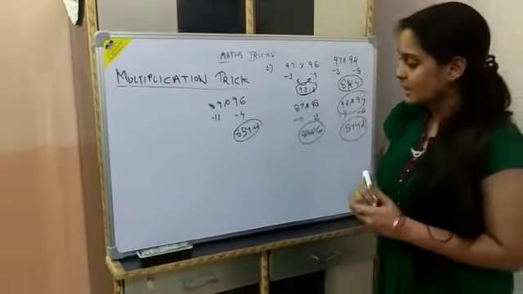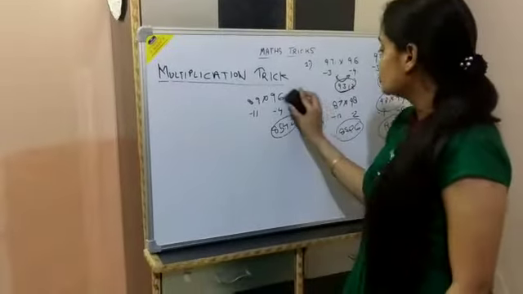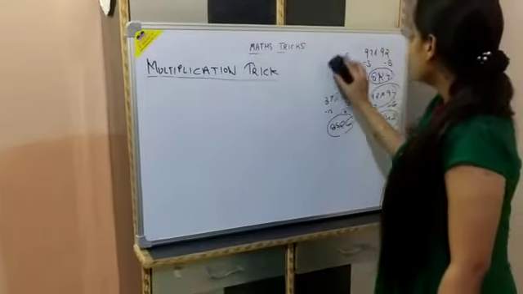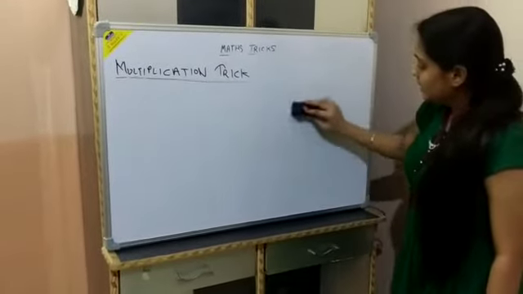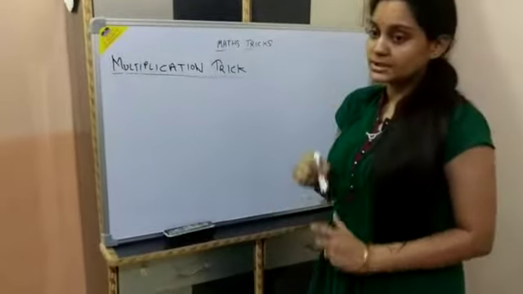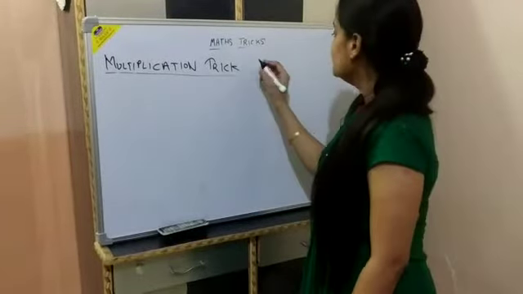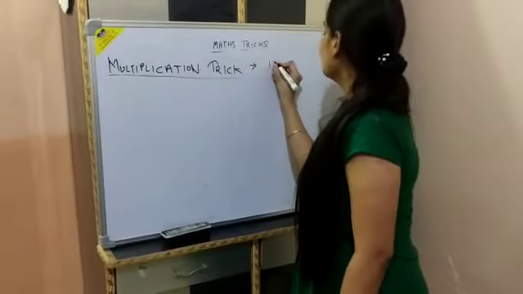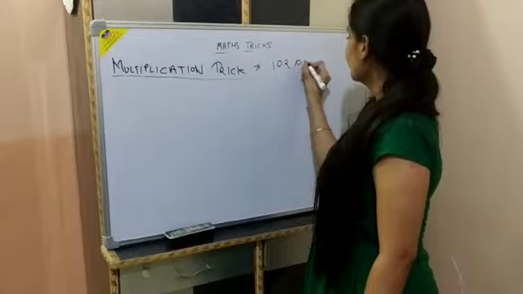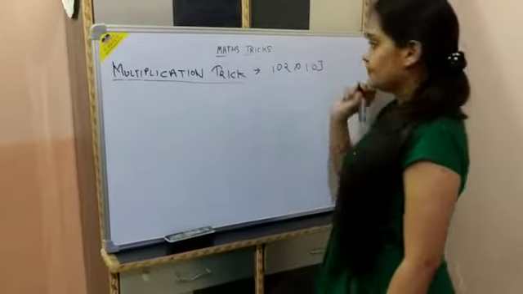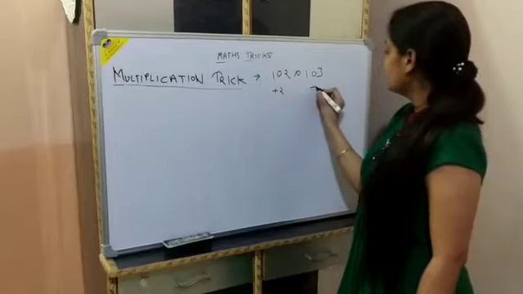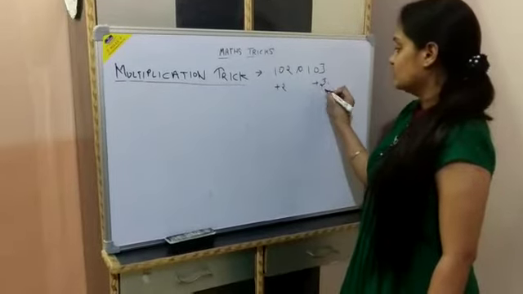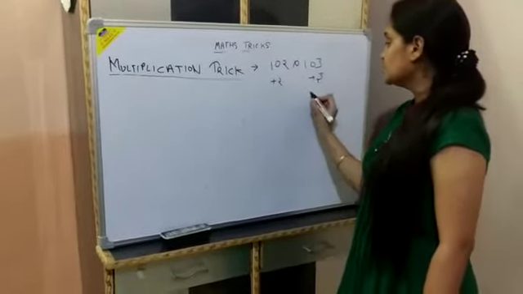Now this is the time to get technique number 2. The second technique is also about multiplication. It will give you the result for the numbers which are greater than 100 but near the 100. Example 102 into 103. Here 102 is plus 2 from 100 and 103 is plus 3 from 100. What we can do? 2 into 3 is 6.